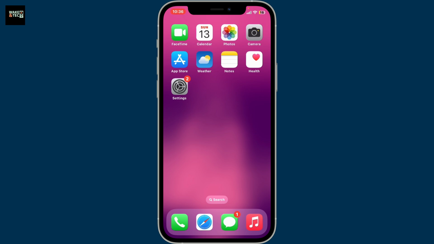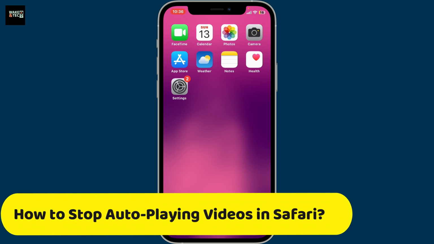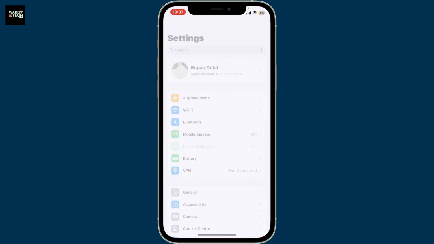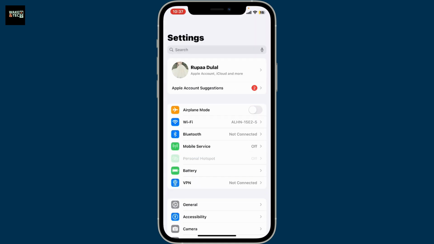Today in this video, we are going to be learning how to stop autoplaying videos in Safari using your iPhone. Before getting started, let me tell you that Safari on iPhone or iPad does not have a direct setting to stop all autoplaying videos. However, you can reduce distractions by opening up the Settings app, and inside Settings, scroll down